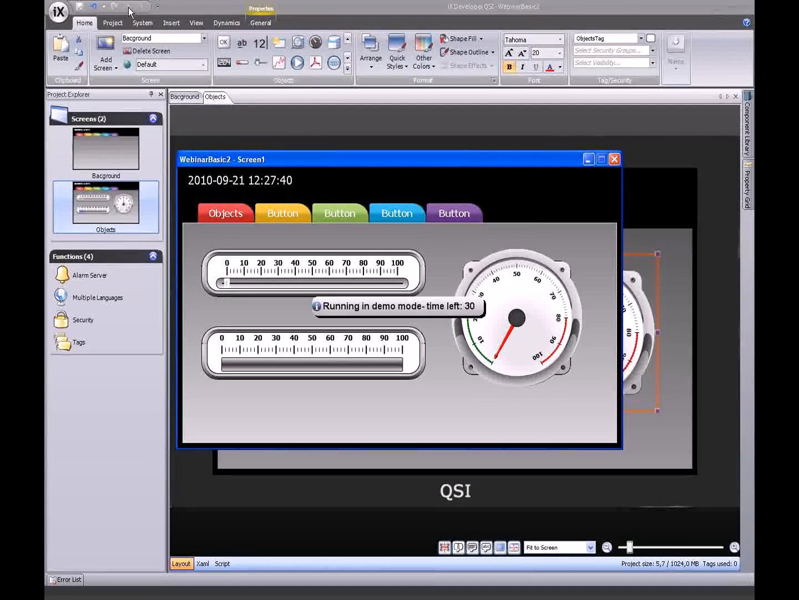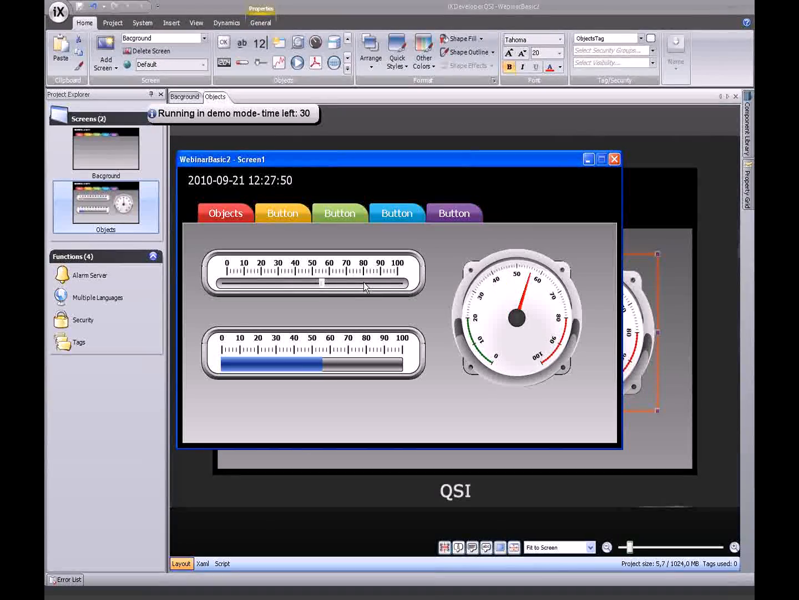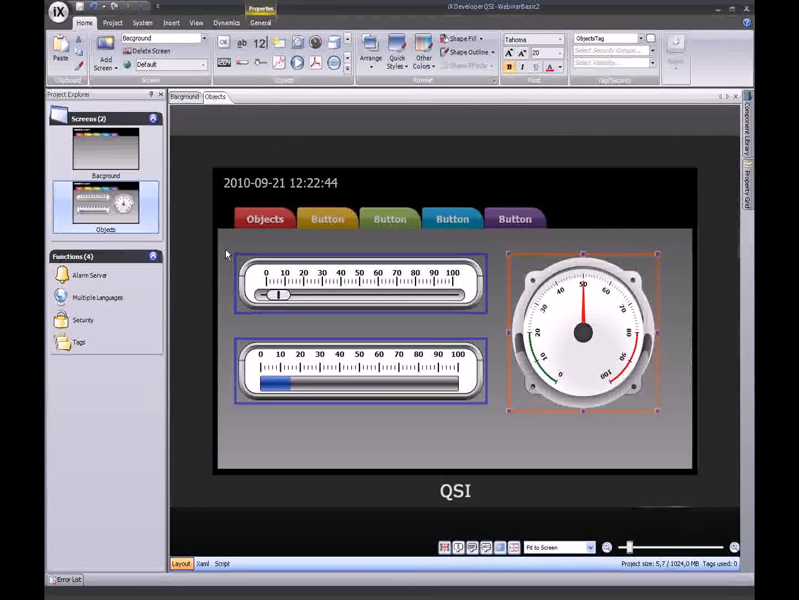So this is the simulated object. You see we have the clock, we have our navigation buttons up here, and we can drag the slider here. Here you can see the object is updating. So that's some of the objects that we have. I will now